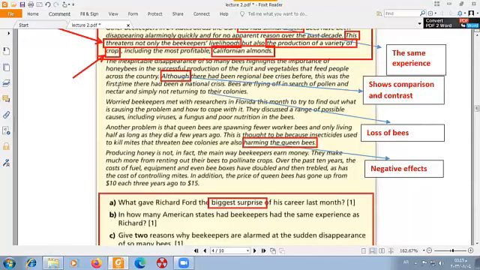This was the first time there had been a national crisis. يبقى فين الديفرنس هنا؟